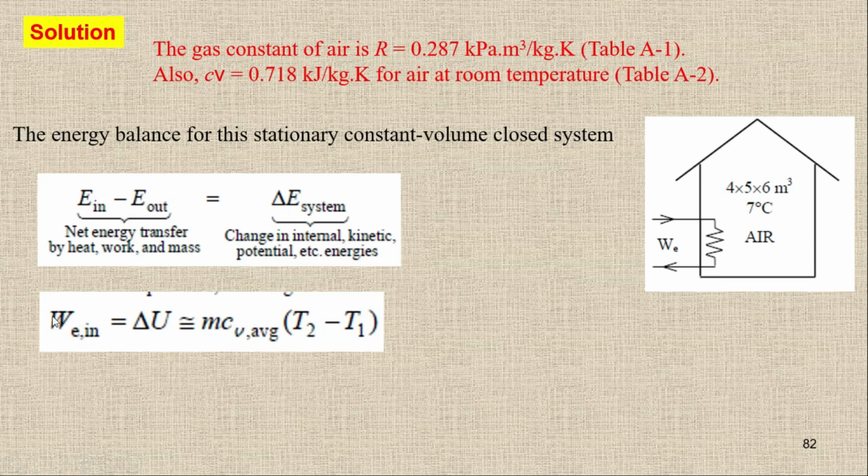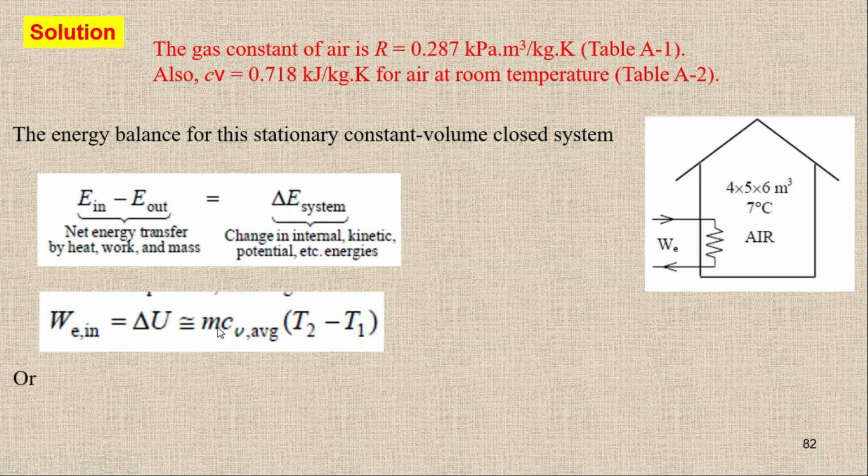So we have the electric work going in equal to delta U, and I can replace delta U by M C delta T, because it is M times U2 minus U1. I can replace U1 and U2 by C delta T as I did in the previous question. So simply M CV (T2 minus T1). We know CV, and T2 and T1 are given. M is not given, so we can find the value of M as well. We have to find the power, which is M CV (T2 minus T1).